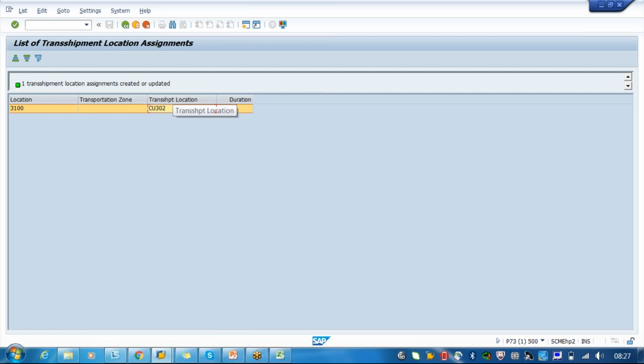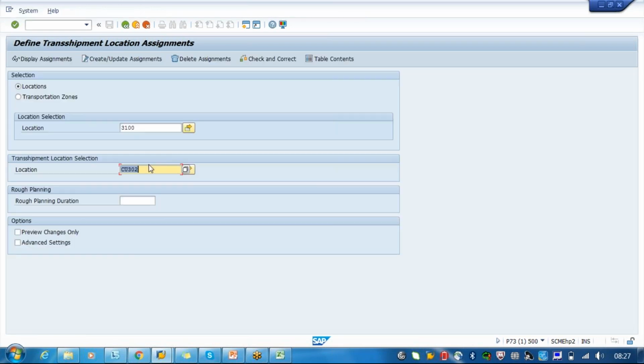So this is CU302, one location where, when it is moving from this location, this is a place where the transportation goods will change from one mode to another mode. This is customer, no? It's a customer, yeah. So you can say it can be some other material, some other plant also. So then in the case, first of all,